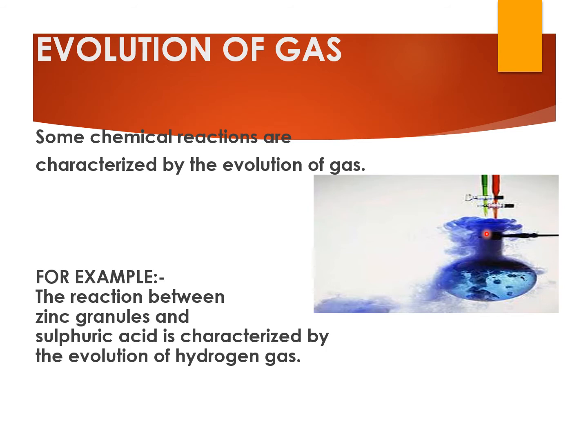And you must have done how to check the presence of hydrogen gas. We bring a burning splinter at the mouth of the test tube, and if it starts burning with a pop sound, that is a sure sign of hydrogen gas coming out from the test tube. So this is another characteristic of a chemical reaction, that is evolution of gas. It can be any gas. It can be hydrogen gas, carbon dioxide gas, oxygen gas. But if after a chemical reaction some gas is evolved, that shows yes, a chemical reaction has taken place.